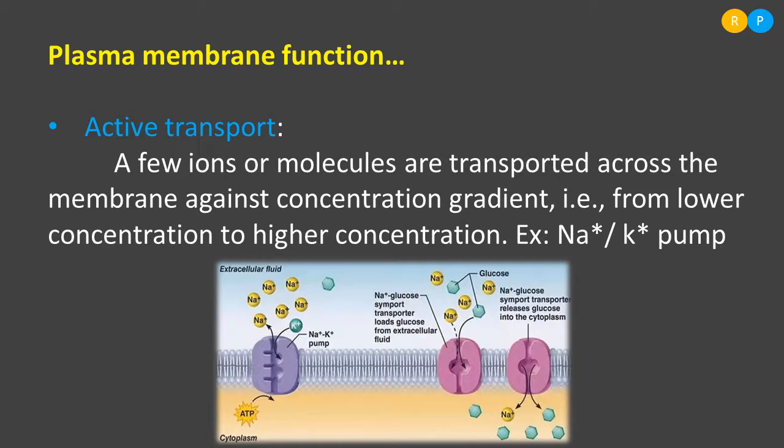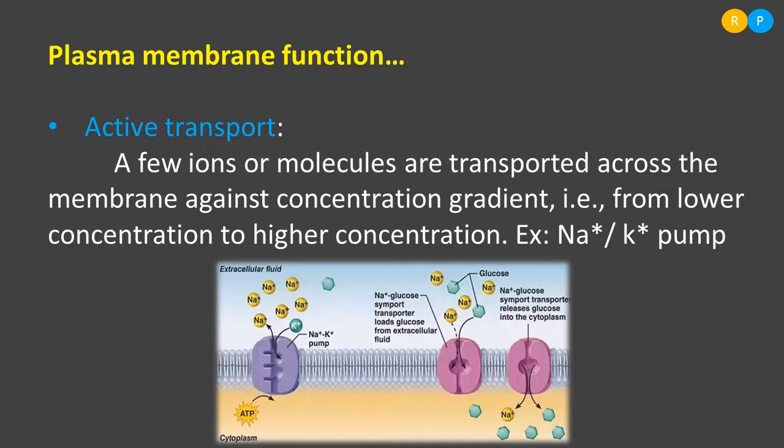Clear, children? In today's class we have discussed the kinds of transport taking place across the plasma membrane. These are the functions of the plasma membrane. One of the transports we discussed is passive transport. That kind of transport does not require energy because the movement of molecules takes place from the higher concentration region to the lower concentration region. The other type is active transport. In this kind of transport, the cell needs energy for the movement of molecules because the direction of movement is from the lower concentration region to the higher concentration region.